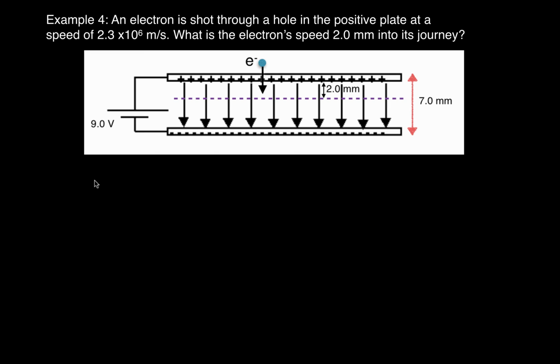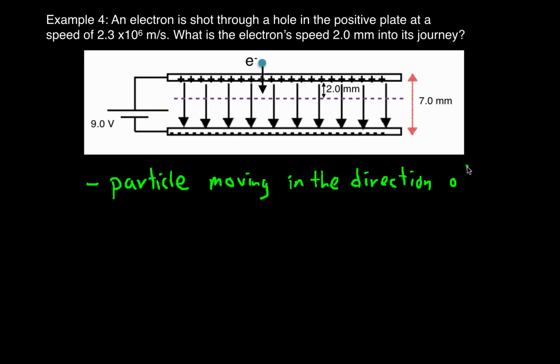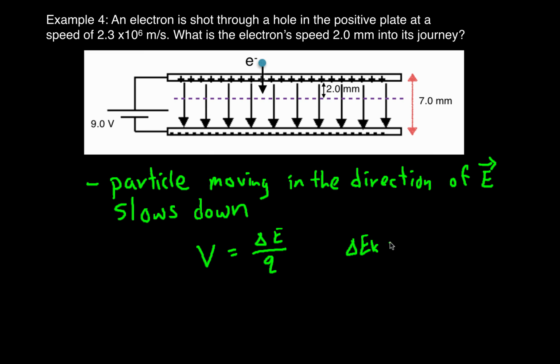Remember, the electron is a negatively charged particle. A negatively charged particle moving in the direction of the electric field will slow down, so we expect to find that the electron loses kinetic energy, or has a lower speed at the end. Voltage is equal to change in energy over Q, so the change in kinetic energy is equal to Q times V. We can find this change in kinetic energy by multiplying the charge of the electron